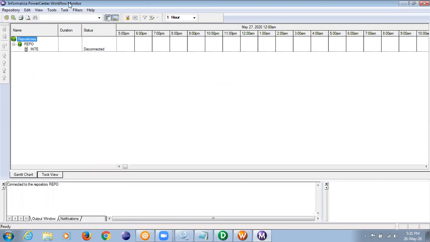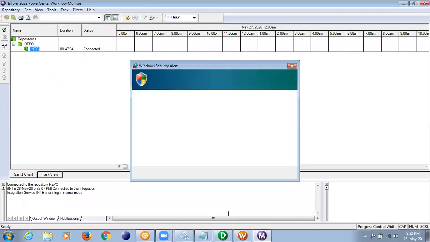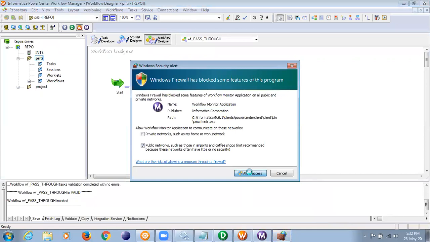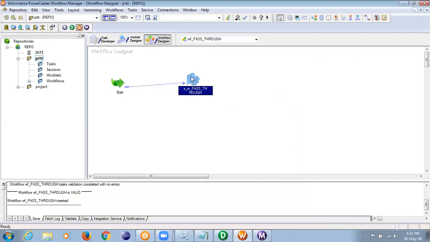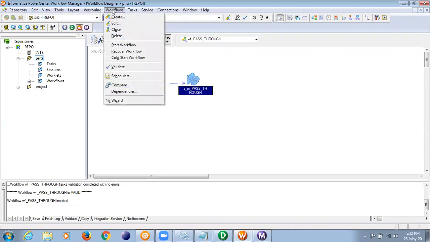That's why I have opened the monitor. I'll now connect this. Can you see it is disconnected? I'll connect it. So it's now connected. Now, as you understand, have I instructed Informatica to go to the desktop? No. So where will it go? To the default location. Is my file available at the default location? No. So the process should fail. Let's see. Workflow start.